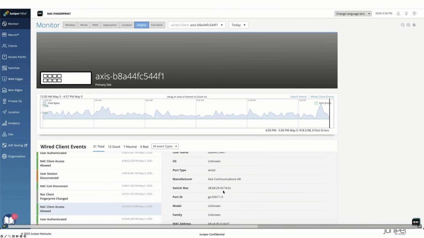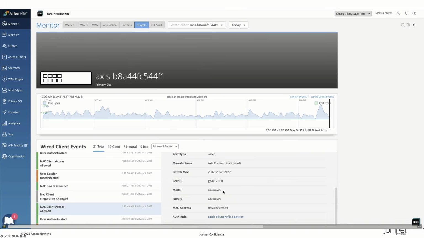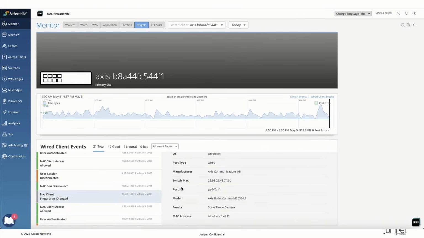Now you'll see that there is a fingerprint change event. There is a microservice in the cloud that looks at the packets that are sent by the client,